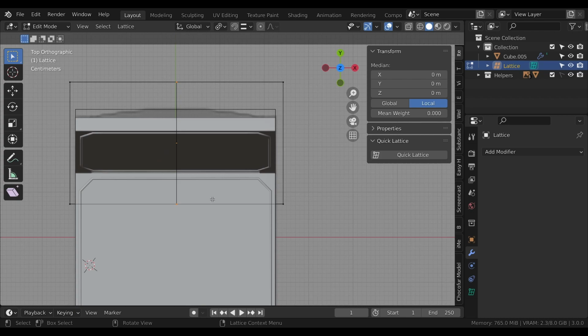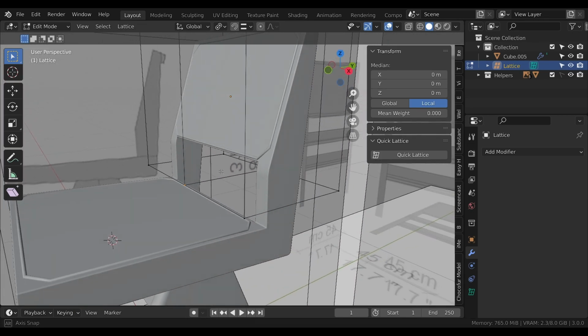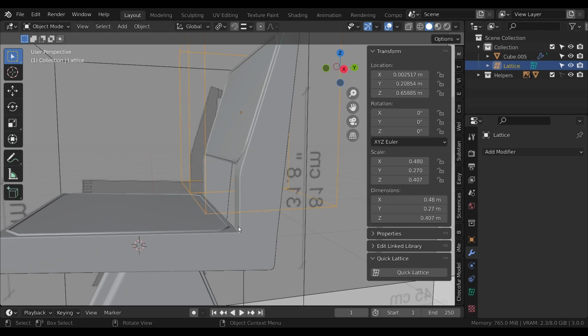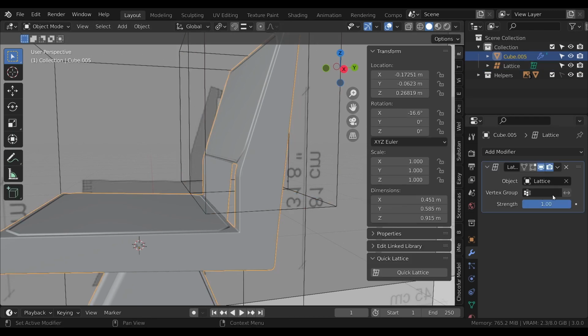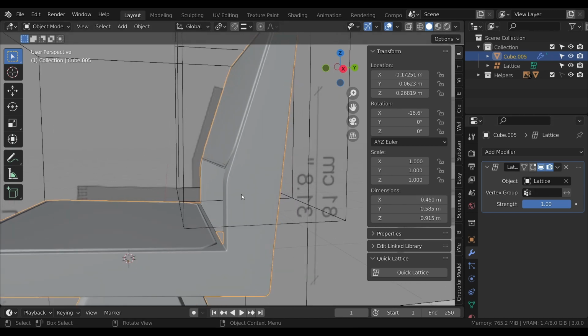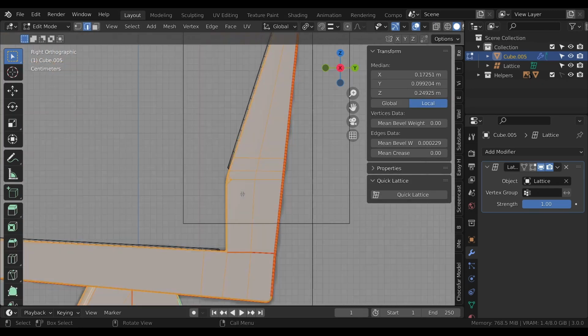So to specify this lattice modifier to a certain area of the chair, we need to work with this vertex group option. So to specify our vertex group, I need to enter the edit mode of the chair,